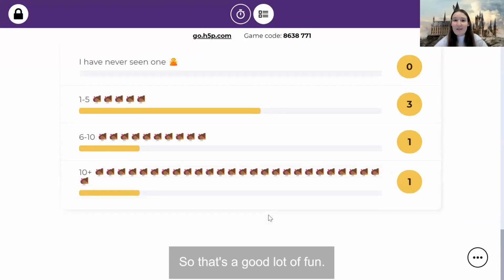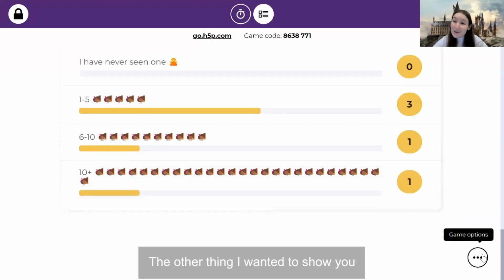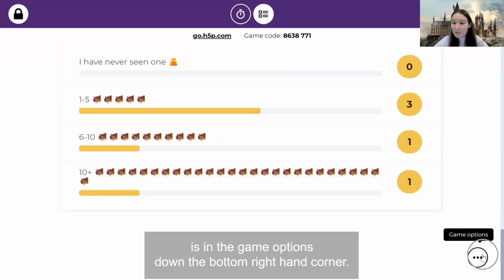So that's a good lot of fun. Thank you for participating. The other thing I wanted to show you is in the game options down the bottom